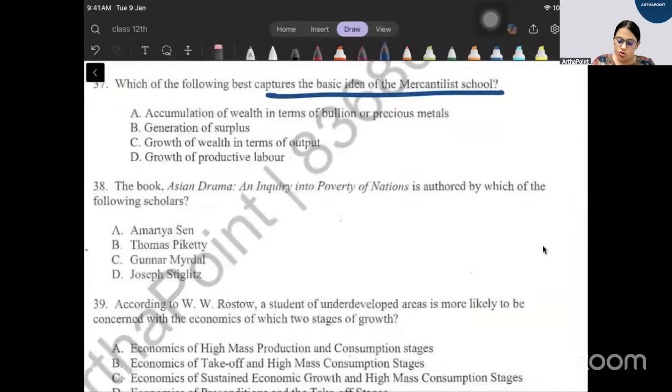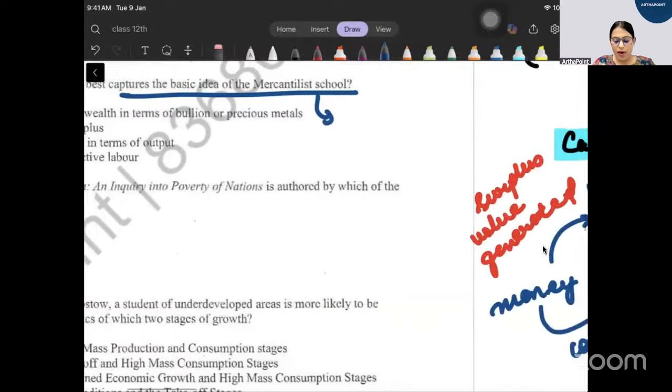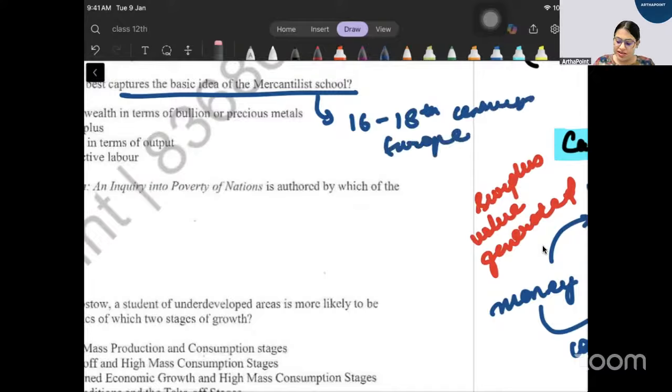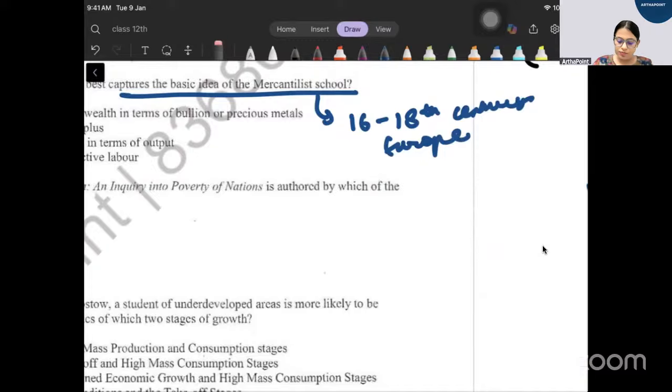So the mercantilist school, सबसे पहले, it was the one which started between 16th to 18th century यूरोप में, and they basically said कि जो भी नेशन का वेल्थ है, it is because of your precious metal, because of gold, because of silver. तो they said, उन्होंने वर्ड यूज किया, that the wealth of any nation, it is basically the